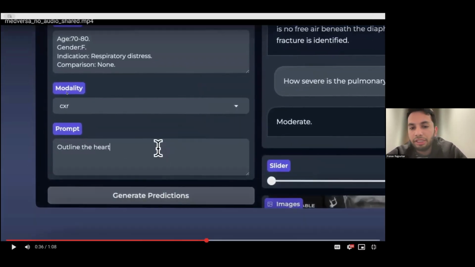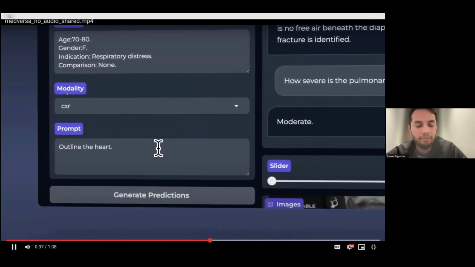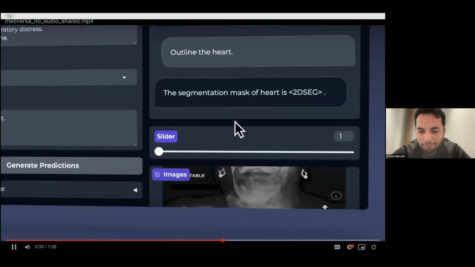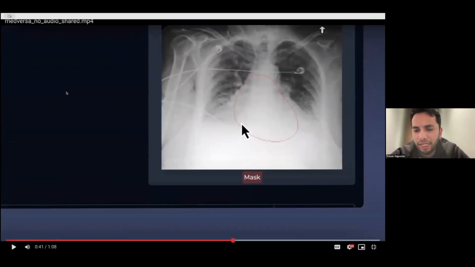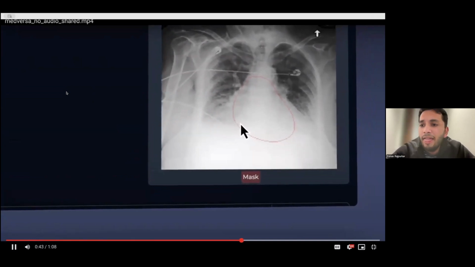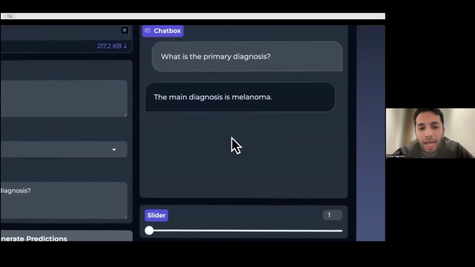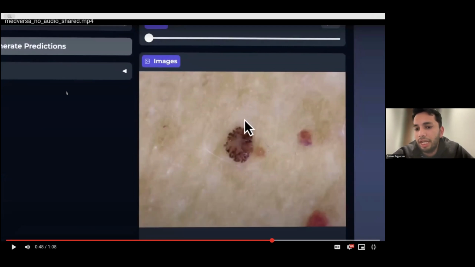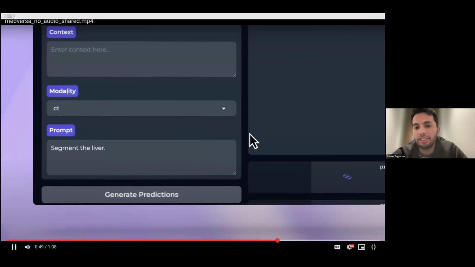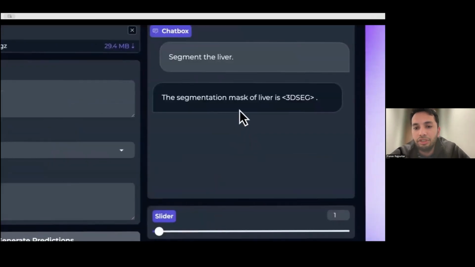But now let's try to see if we can ask the model to do tasks of a different nature, which in this case is going to be annotating on top of the image. So we say outline the heart. And for those of you who know where the heart is, it's not quite a right outline, but as I like to say, its heart's in the right place. On the next prompt here, we're going to look at a different kind of a medical image. Here, a photo of the skin, and in this particular case, the model has made the correct diagnosis of melanoma.